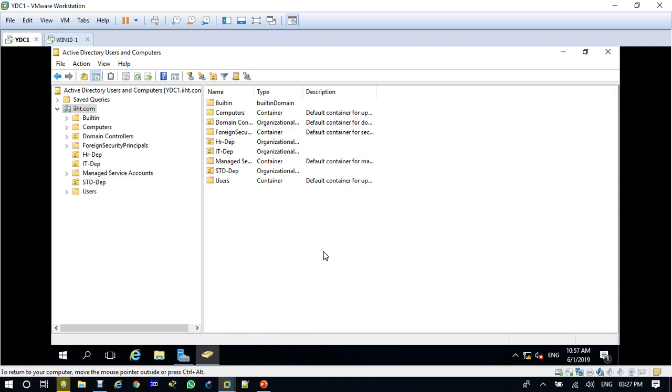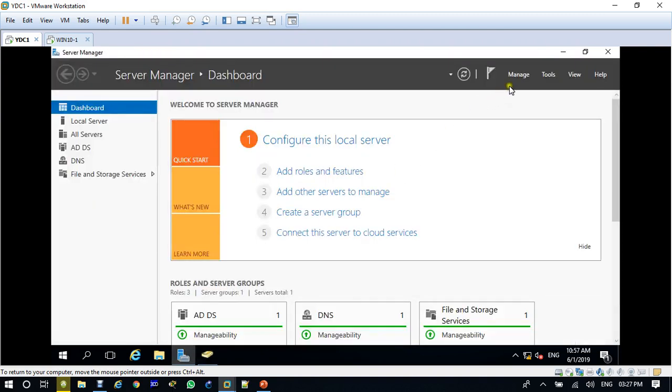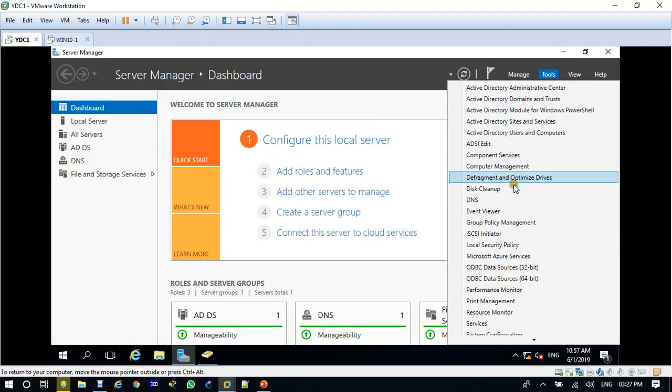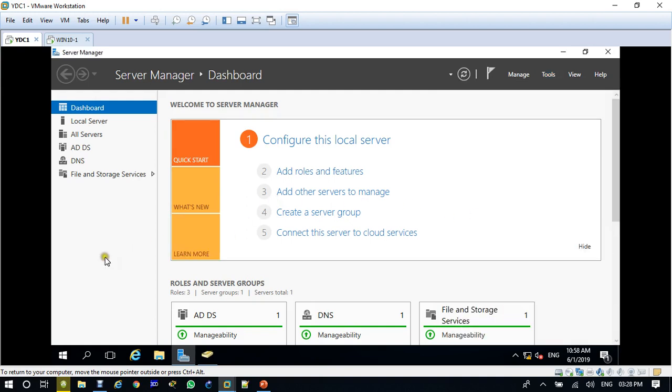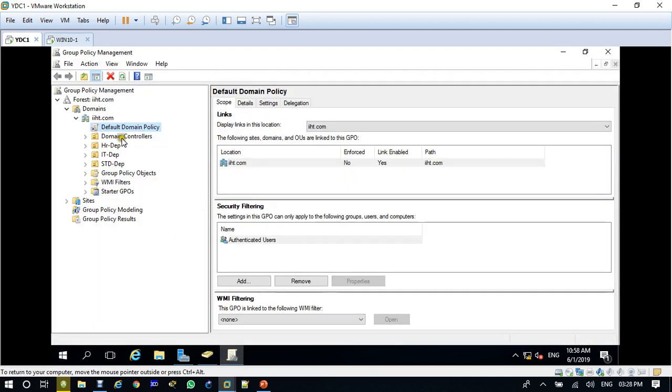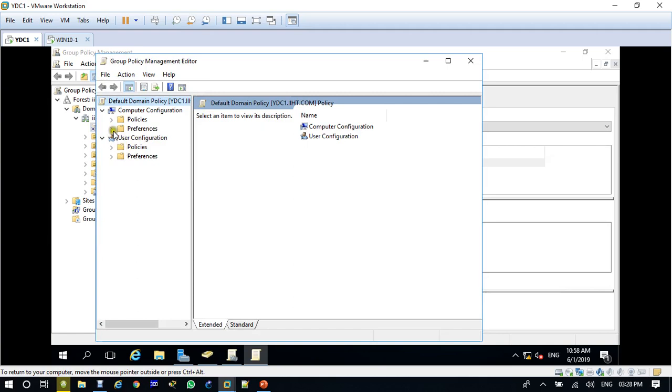So you will say, no, let's open the group policy, and go to the default domain policy, edit it, and make it default.